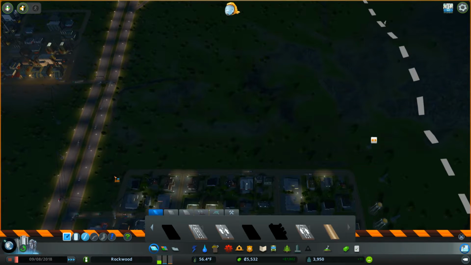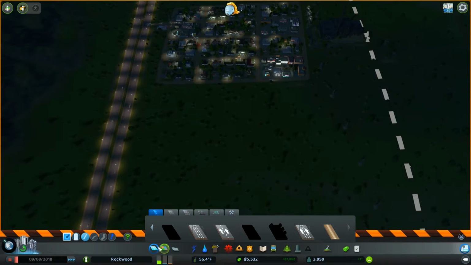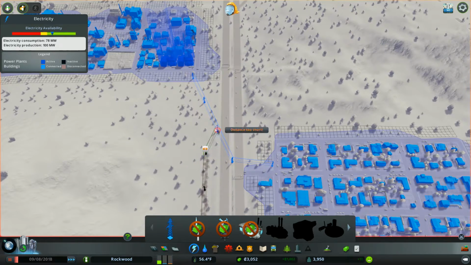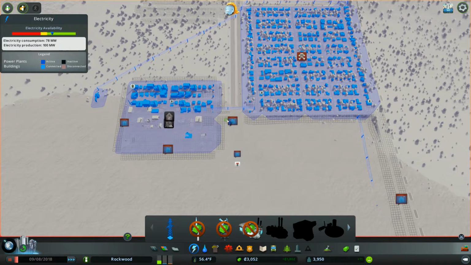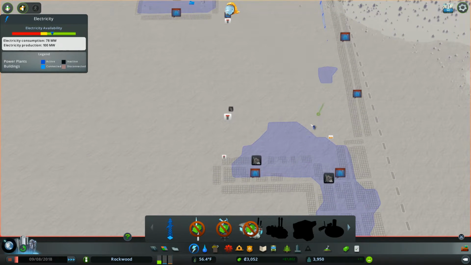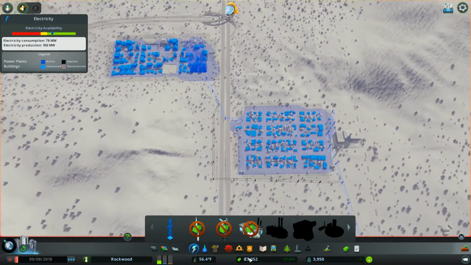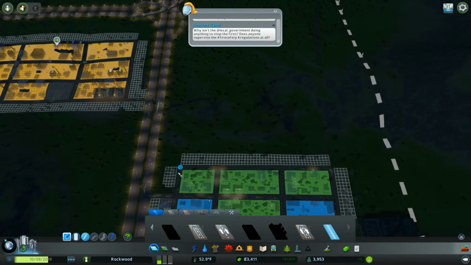You can't build power lines underwater, but if they're there already and then water comes over them, they will still work. It's just you can't really build power lines under the water to power some of this stuff. Like, I can't fix that one that's underwater that's broken. But that's okay. So now that we got that reconnected, we can go back to...